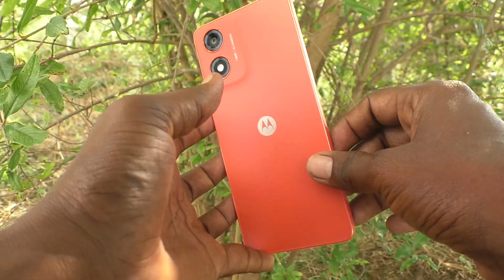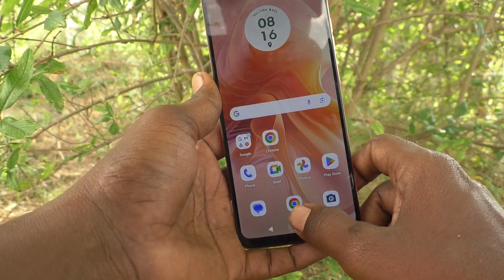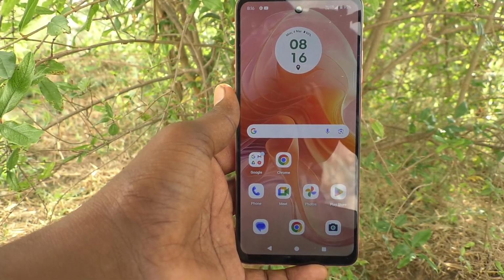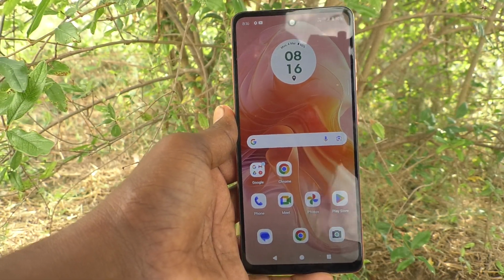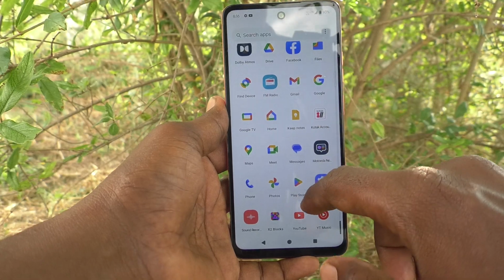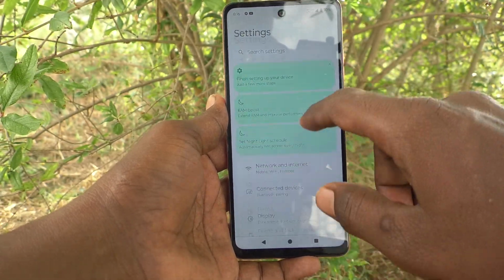Here is Moto G04 smartphone. In this video, you will learn how to change caption text size, that is caption font size in our phone Moto G04. First of all, go to settings of our phone here, then go